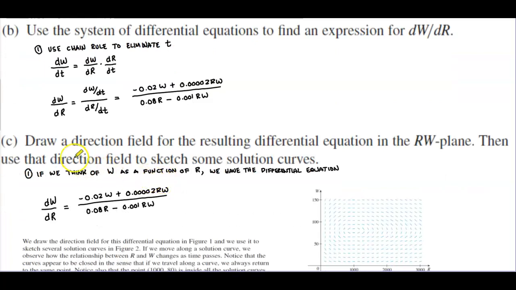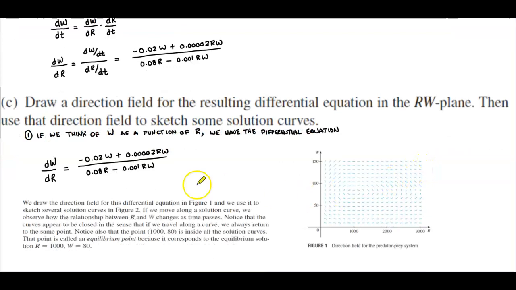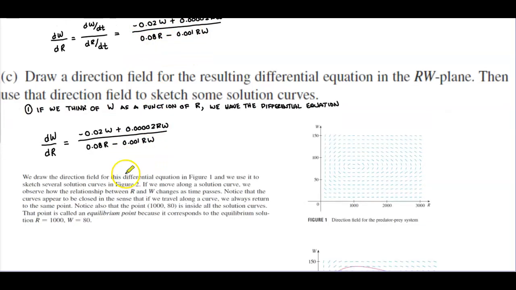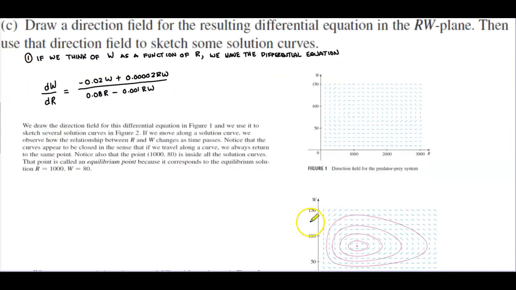In part C, it says draw a direction field for the resulting differential equation in the RW plane. Then use that direction field to sketch some solution curves. So if we think of W as a function of R, then we would have the differential equation here. And that's what we got from our previous step. Now, if we draw the direction field for this differential equation in figure 1, and we use it to sketch several solution curves in figure 2,